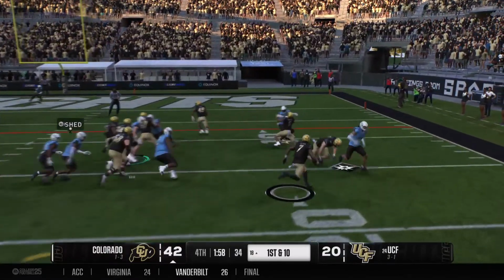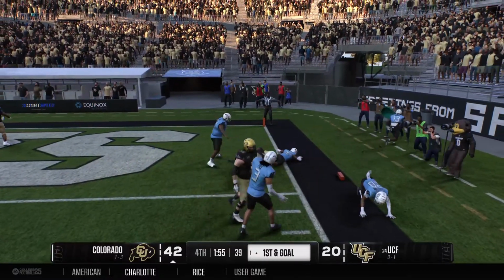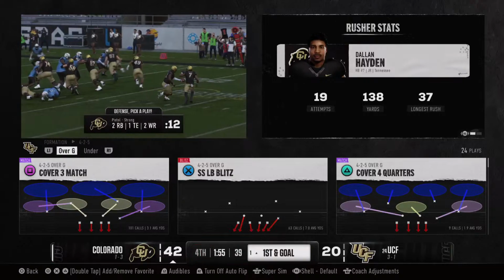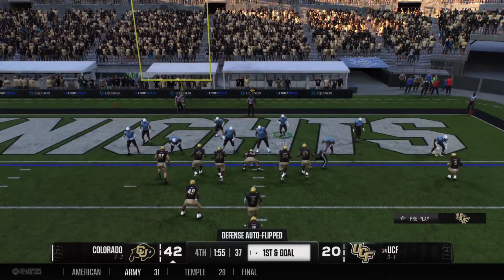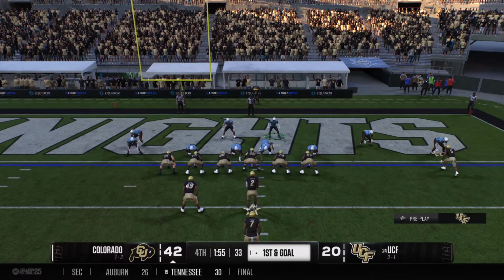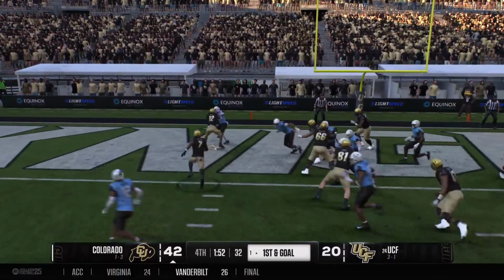They'll keep it on the ground. The clock is on their side. Got some room, headed to the goal line. He's run out of bounds after the big gain, and they are in business, first and goal. Big reason why his team has the lead right now late is because of his performance running the football. Well over 100 yards in this game. They knew that they were going to have to really...